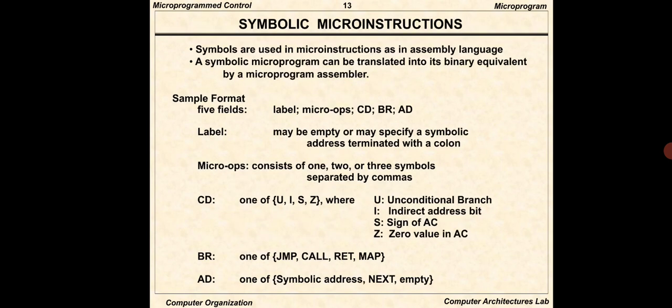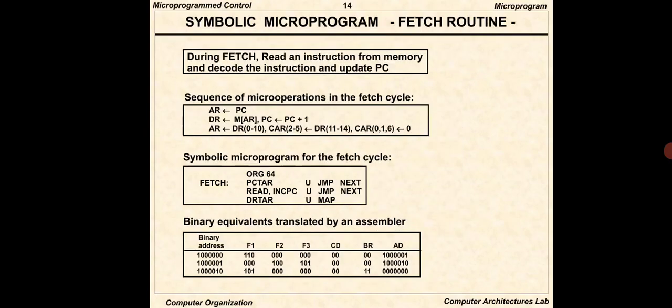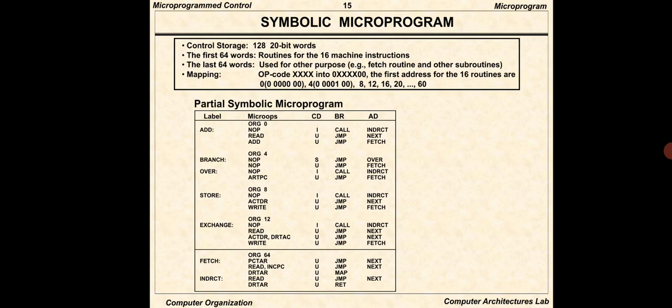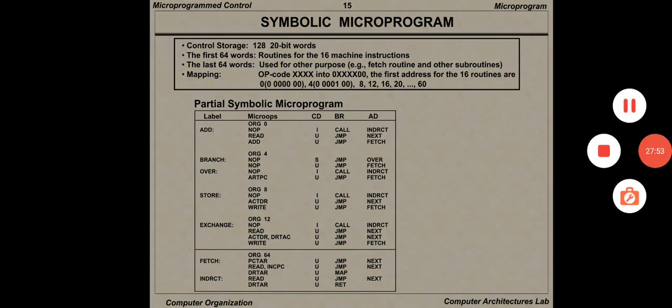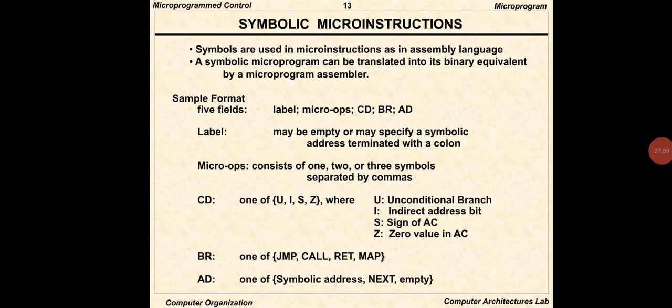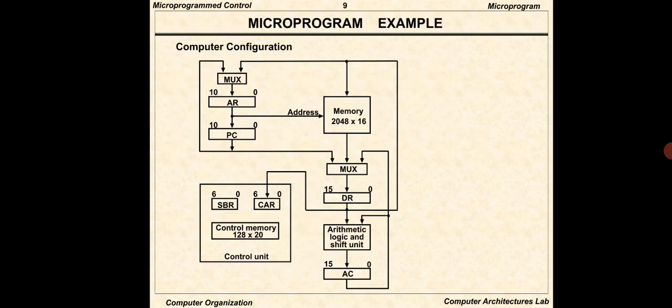Next he may be asking you about the symbolic micro instruction format. In any symbolic micro instruction format we are going to have a total of 5 fields. One is the label field, second is micro operation, third is condition, fourth is branch, and the fifth one is your address field. So that explanation you need to give for the symbolic micro instruction format. Next class we will see the design of the control unit. Before getting into the design of the control unit, let us once again revise today's class.